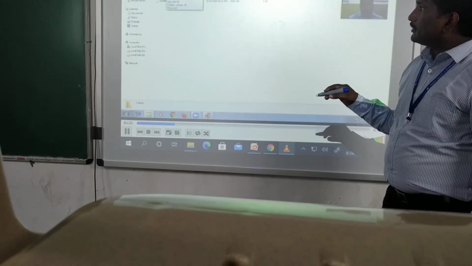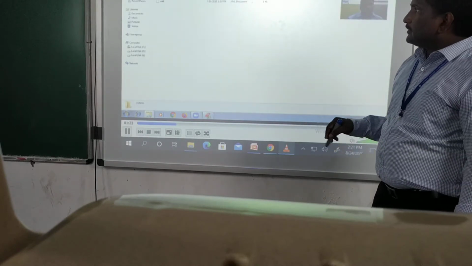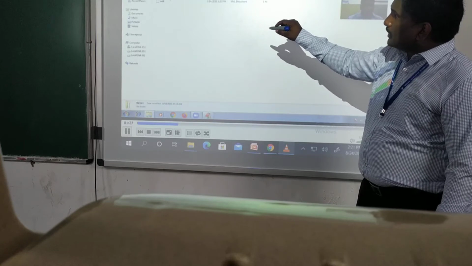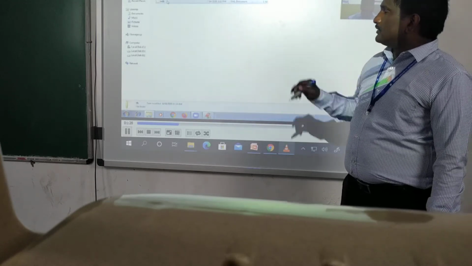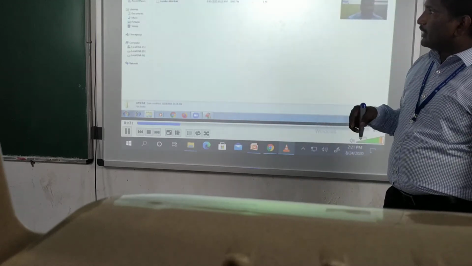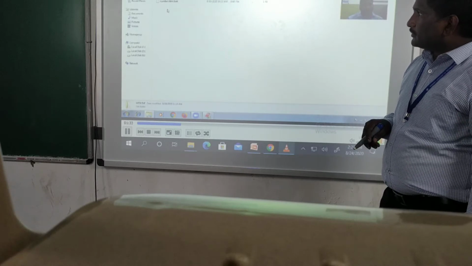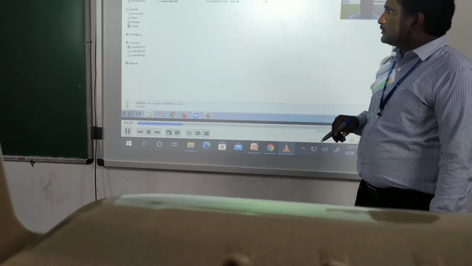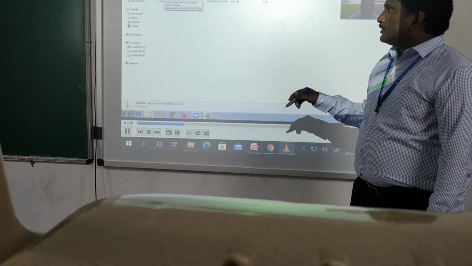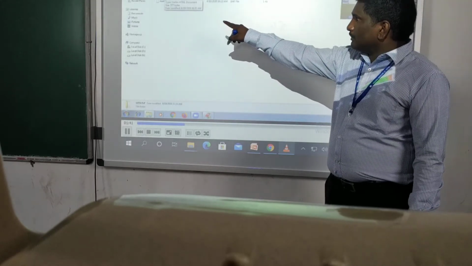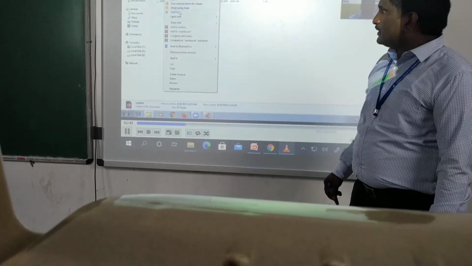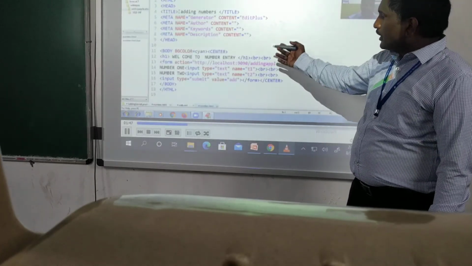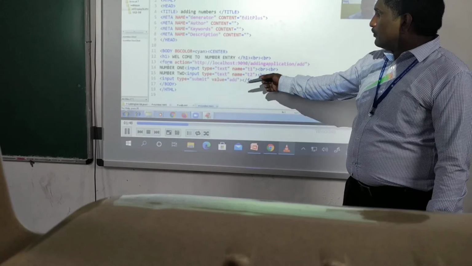Okay. So there is a WEB-INF directory and this web.xml file. This is my number.html file. Open that. What I showed in the PPT, I have written the code here. Here is the form action.